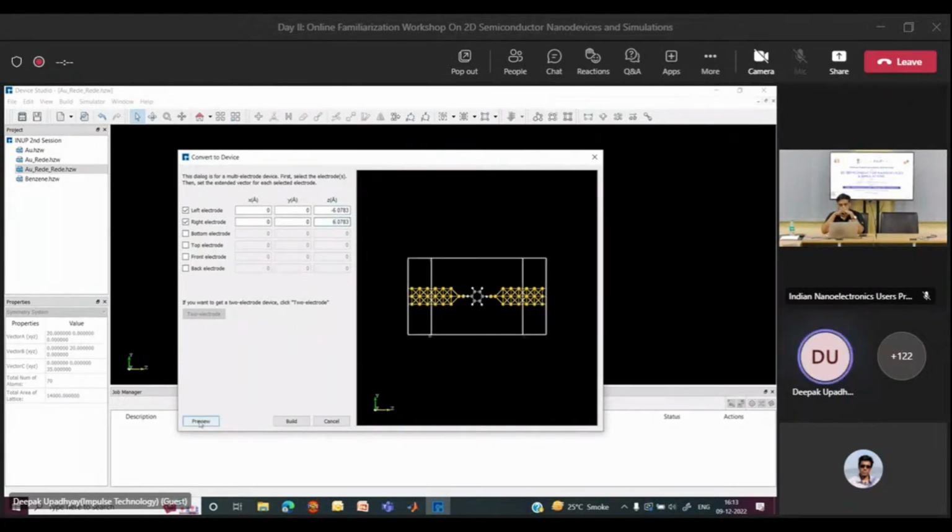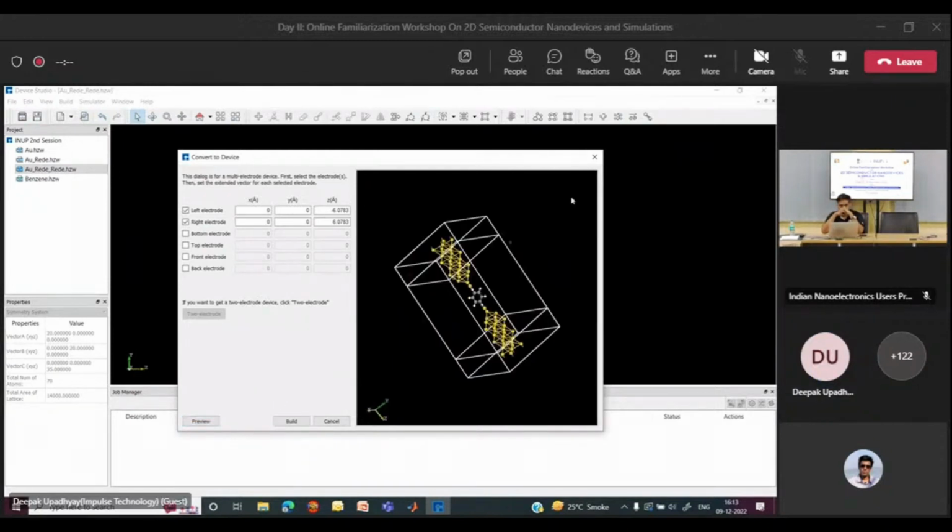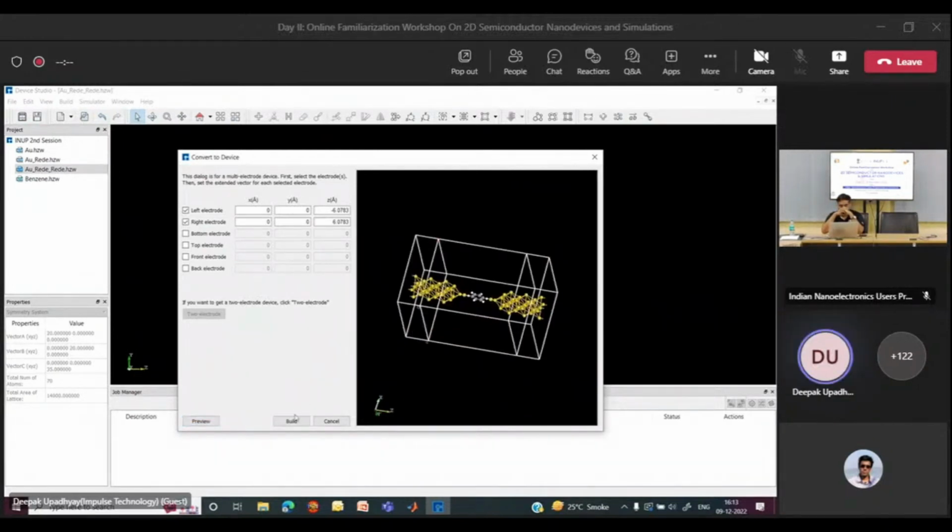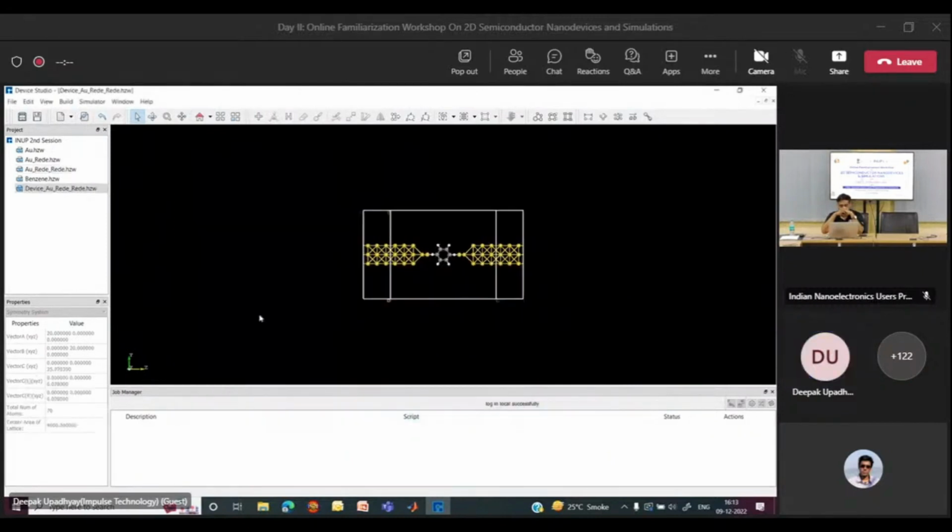And click on the preview option. Here you can see this is the left electrode, this is the right electrode, and this is the center region. Click on the build option. So this is the benzene based molecular structure, and here you can see this left one is the Au electrode, the gold electrode,